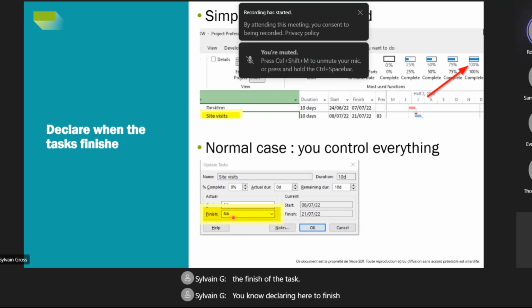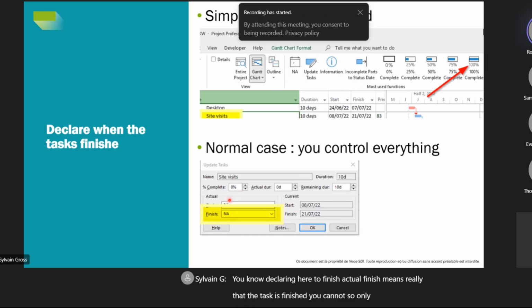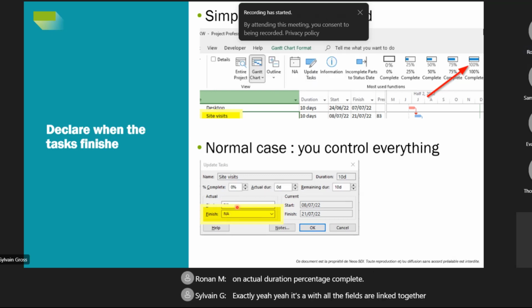Declaring the finish, actual finish, means that the task is really finished. You cannot do it unless you have 100%. So it auto-calculates the remaining duration based on actual duration and percentage complete. Exactly. It's really all the fields are linked together, and if you change something, Project will calculate the other